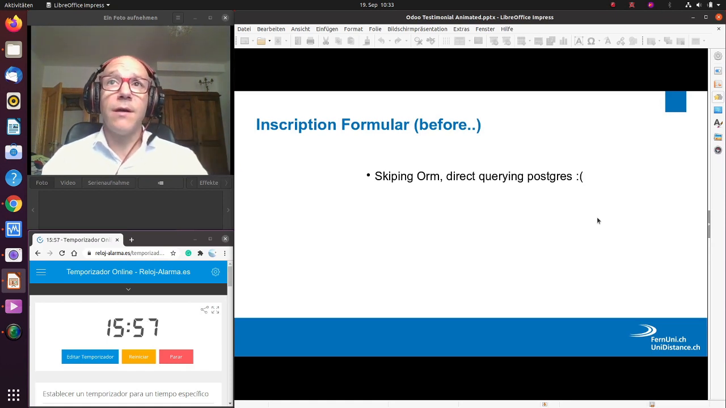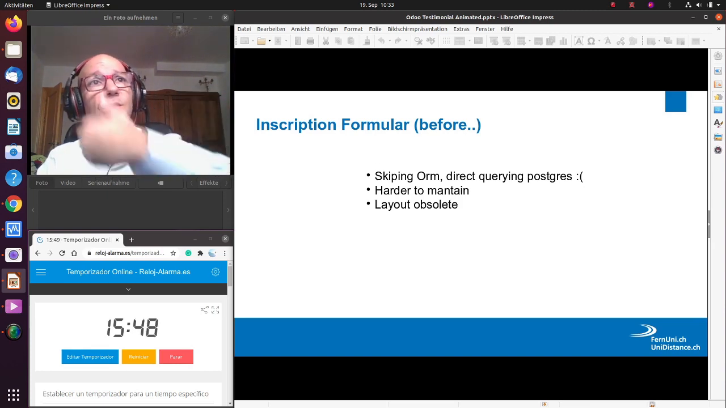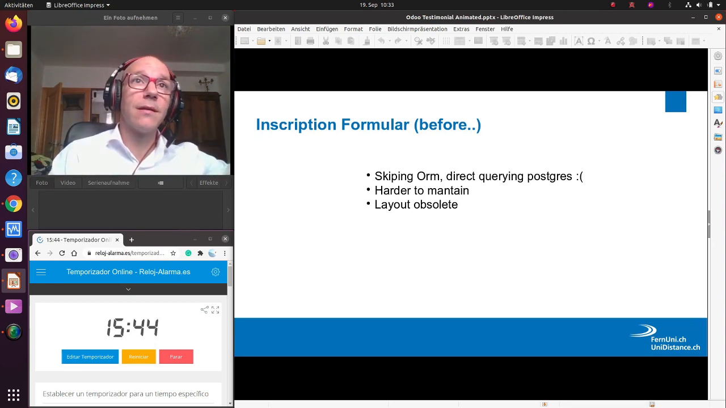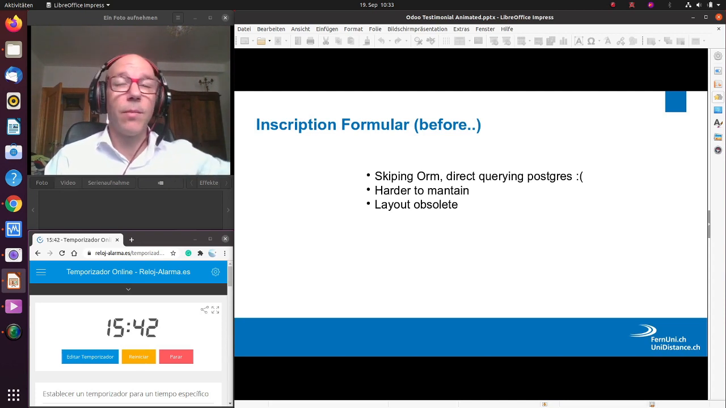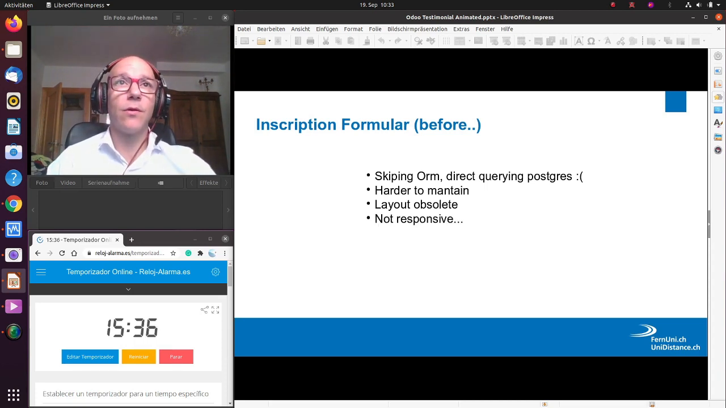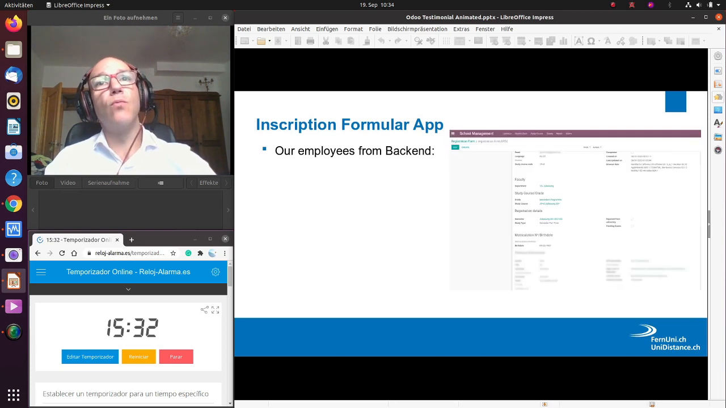We used to have a very old inscription form, directly querying Postgres. It was hard to maintain, because as soon as you change the school application, then you need to go to a front end that was developed outside of Odoo, and then also update that PHP and all these technologies that are not the standard in the core of Odoo. It was not responsive, the layout was obsolete, and then we decided to move this